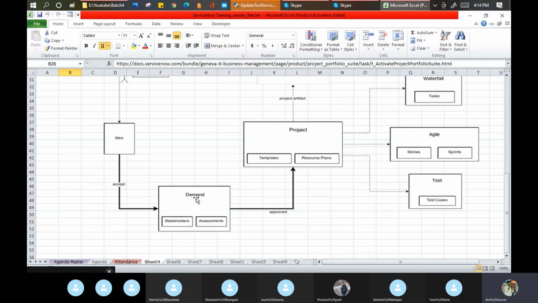It can be done on the returns part, that how much return I will get if I learn ServiceNow. It will give you the parameter of how much benefit I am getting. What is the costing for the same? And once your demand has been approved, it becomes a project for you.